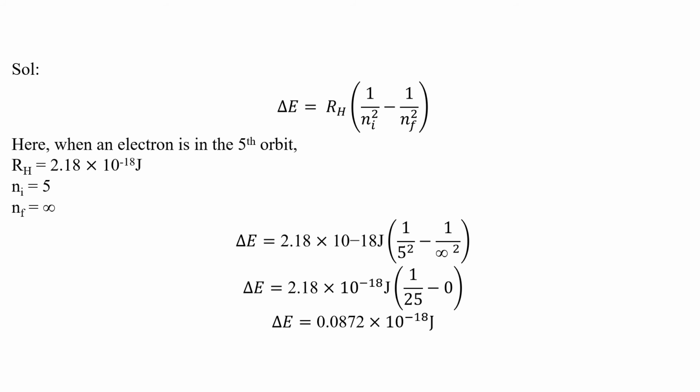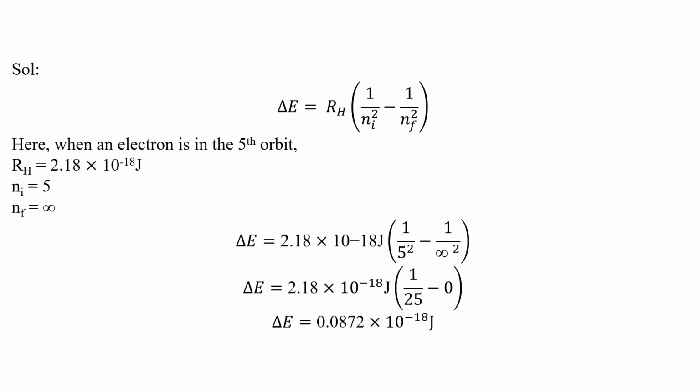Here it is the nth orbit, or the orbit at infinity, or simply infinity. Now we have to calculate the difference between the energies of these two energy levels, the fifth orbit and the orbit at infinity. Only then will we get the value equal to the energy which we supplied in order to make this transition possible.